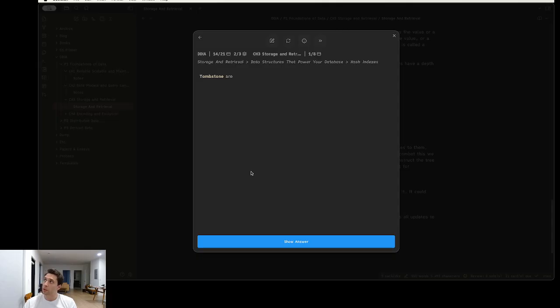Tombstones are special logs in append-only logs to mark a key for deletion during the merge and compaction process. An orphan page is in